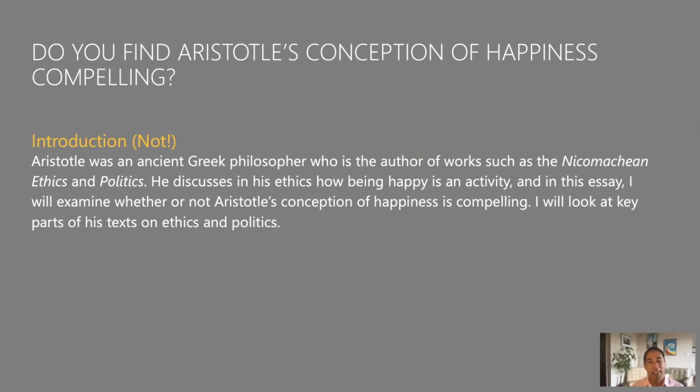So what's wrong with it is, first, it doesn't state an argument. It begins with basic information instead of a context that shows the importance of the essay question. It begins with Wikipedia information, general historical information about Aristotle. And then it basically, instead of stating an argument, simply restates the question. And in restating the question, it states the obvious. And the obvious is it's explaining what I'm supposed to be doing in the essay. You don't have to explain what you're going to be doing in the essay, just do it. And by just doing it, you would be providing an answer to the essay question and indicating the key concepts you will be elaborating upon.